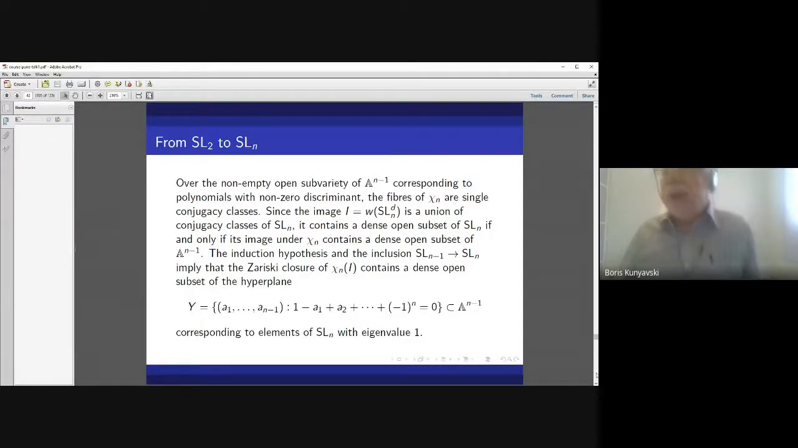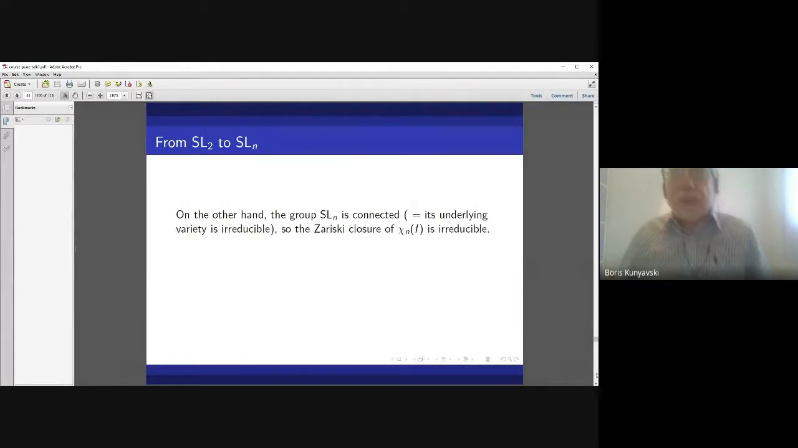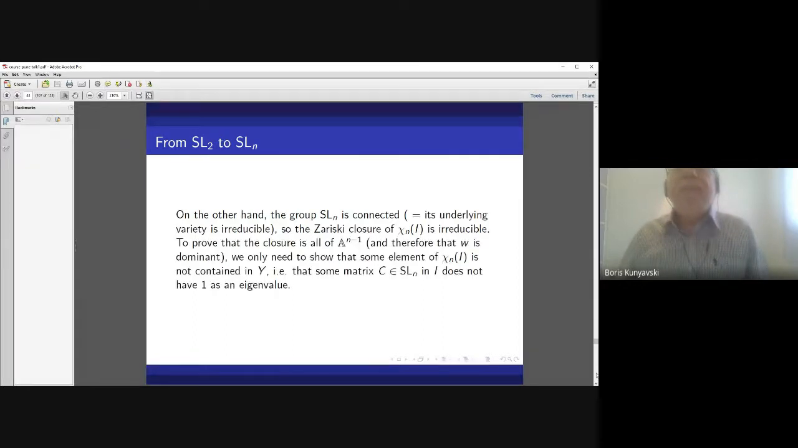We want to find something outside an irreducible closed subset, and this is a hyperplane, so it's of dimension n-2, a closed subset of dimension n-2 union with something. The closure will give you the whole affine space. So how do we make this step? Another argument is needed here,